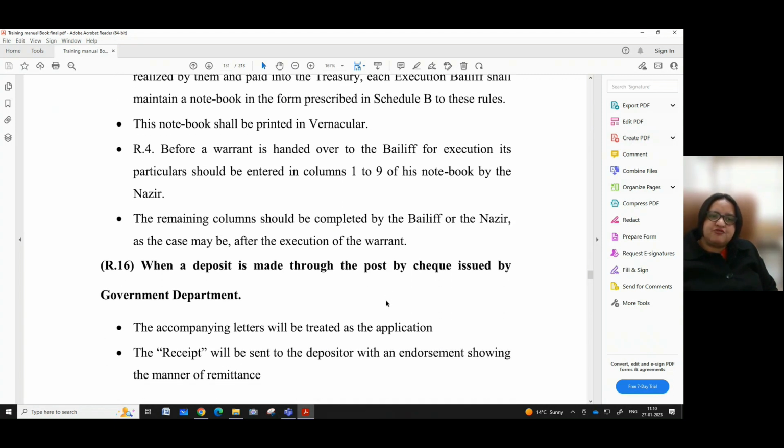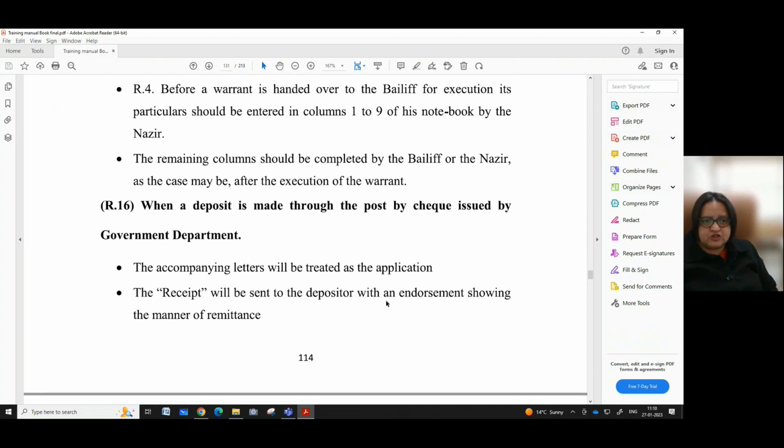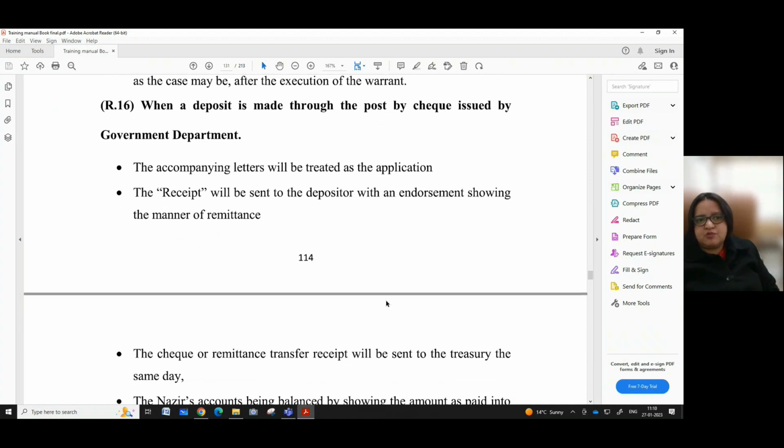Rule 4 says that before a warrant is handed over to the bailiff for execution, its particulars should be entered in column number 1 to 9 of his notebook by the Nazir. The remaining columns should be completed by the bailiff or the Nazir, as the case may be, after the execution of the warrant. Rule 16 says that when a deposit is made through the post by check issued by the government department,